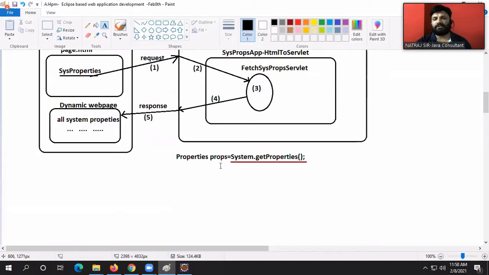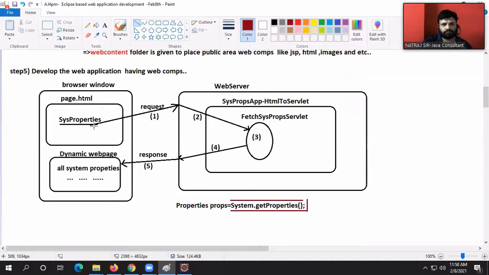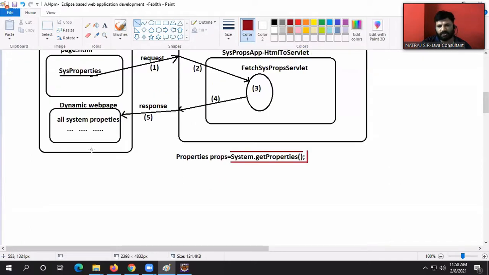Properties props is equal to System.getProperties, guys. Are you getting my point there or not? This is my dynamic web page. Here all my system properties are there. Nice, boss.